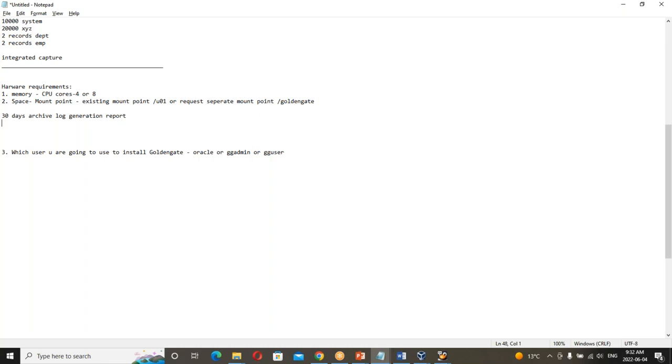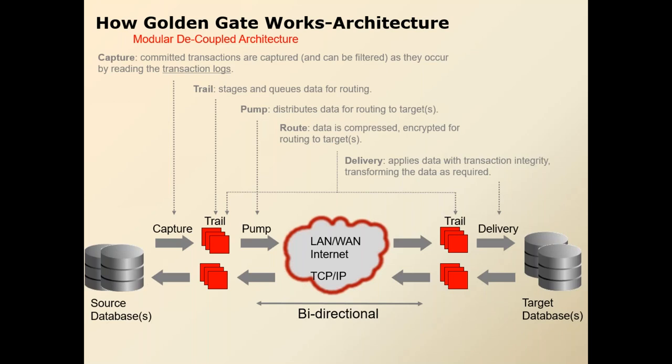Now, as a general policy, we first of all define how long we need to keep the trail files, for how long we need to keep the data. Just like archive logs at the database level, we regularly purge, or we do the housekeeping of archive logs, right? We regularly do the housekeeping of our archive logs at the database level. So we remove them from the server. In the same way,